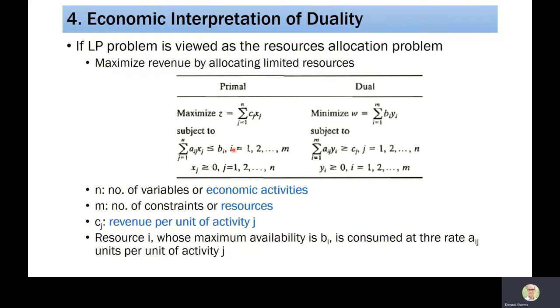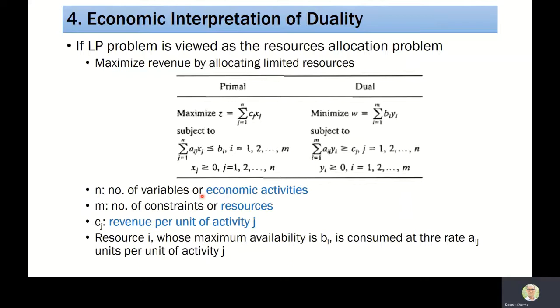The right hand side bi will become the objective coefficient. So bi and yi, yi is the dual variable for the constraint i. We take the summation, so this will become omega. As we remember in the previous slide, aij will become the coefficient and yi is the dual variable, and summation of it. And now you can see the right hand side of the dual constraint is cj, which is the cost coefficient. And while solving this, we can say that yi's are greater than or equal to 0.